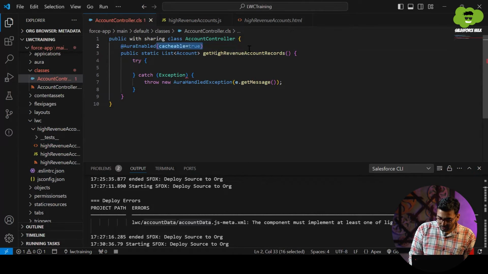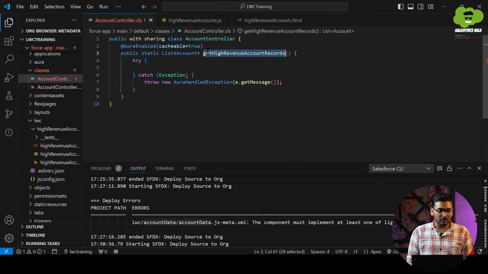Whatever this Apex method is going to return, a list of account records, right? That is going to get stored into the cache memory so that the time of fetching the data is reduced, and whenever there is a need of data, the data will simply come from the cache memory itself. So that is the reason behind using cacheable equals true. This is something we use in case of wire to store the data within the cache. What data? The data which this method is going to return.